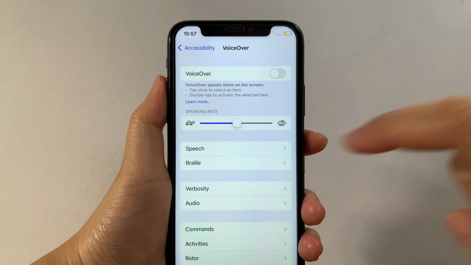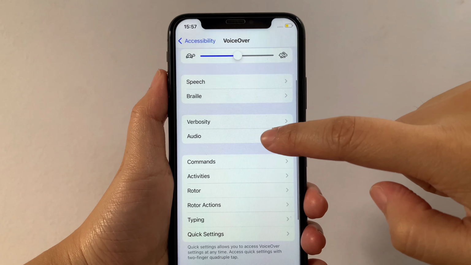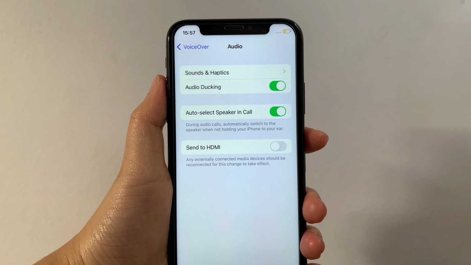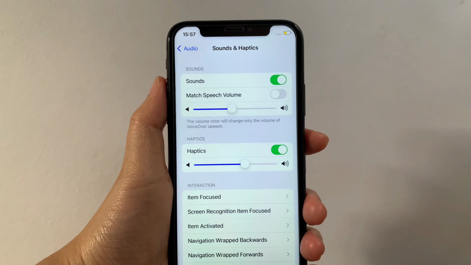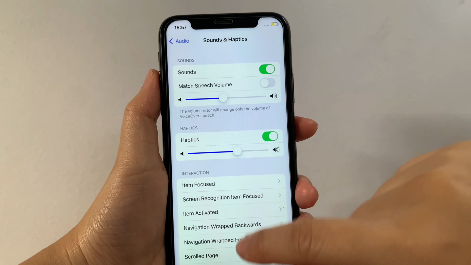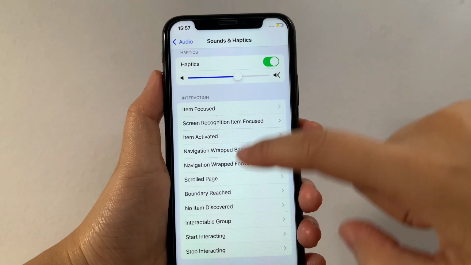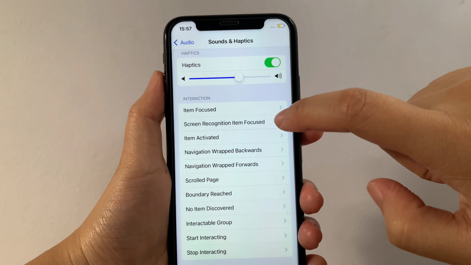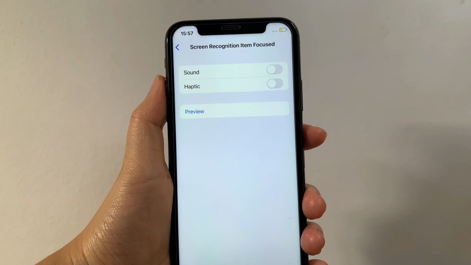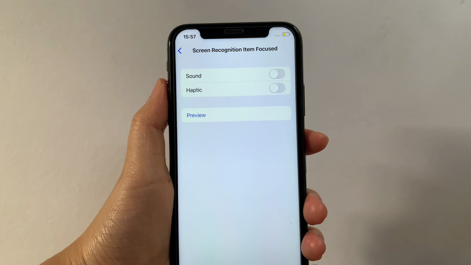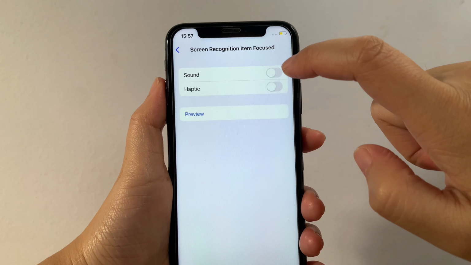Then after that, in the VoiceOver, scroll down again and then tap Audio. Then in the Audio, tap Sounds and Haptics. Then in the Sounds and Haptics, scroll down and go to the Interaction section and then tap Screen Recognition Item Focus. Then in the Screen Recognition Item Focus, find the Sound, and as you will see, there's a switch button